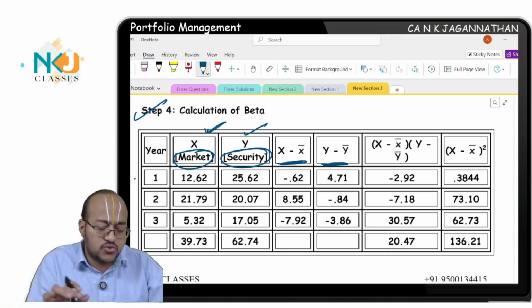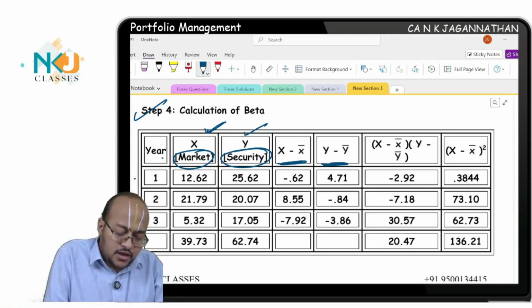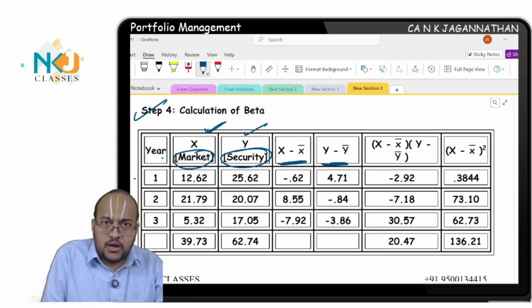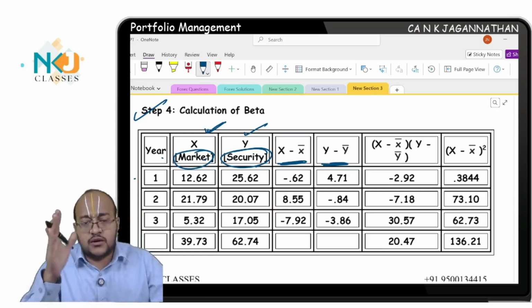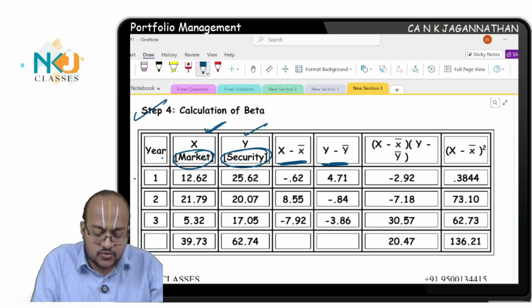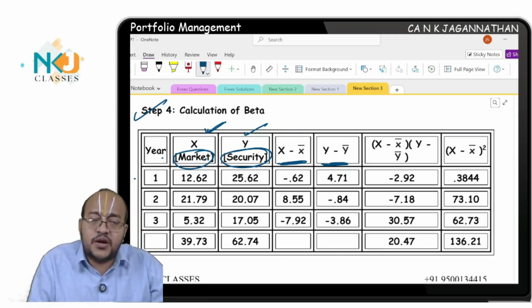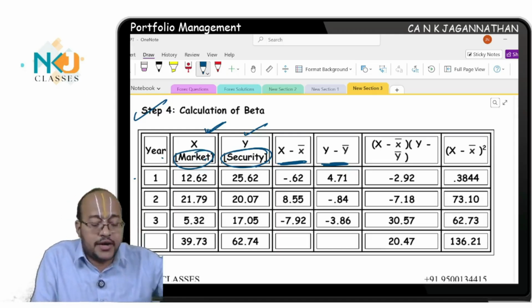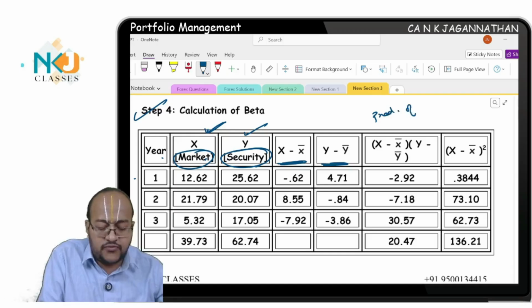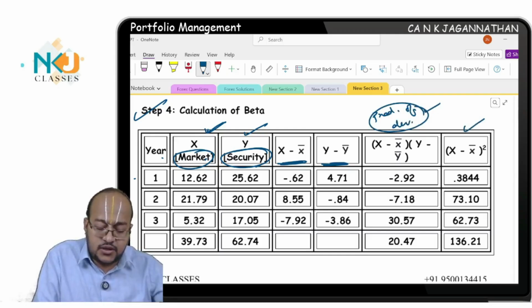All these things we used to do. So what are all the columns? You tell me. Here x, y, which means respective security return, market return, x minus x bar, y minus y bar, then x minus x bar into y minus y bar, the product of the deviations. This we already discussed. Then at the end we have x minus x bar the whole square,